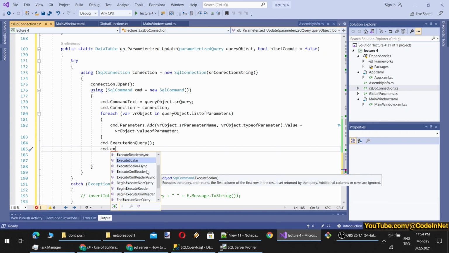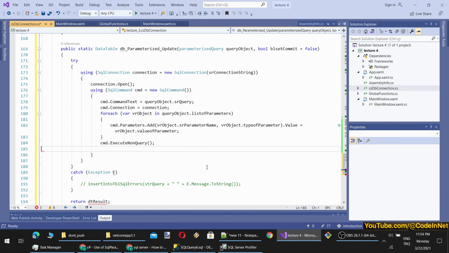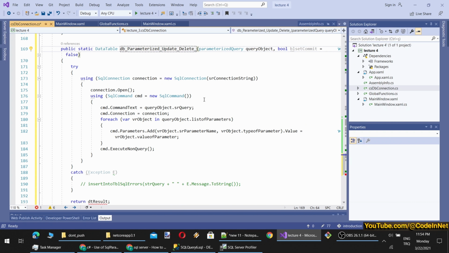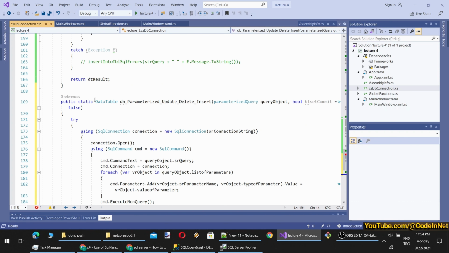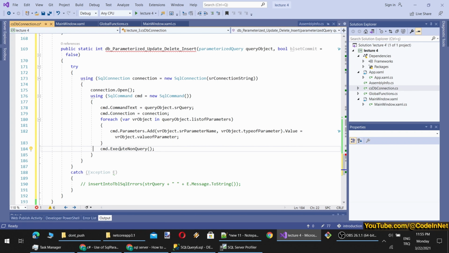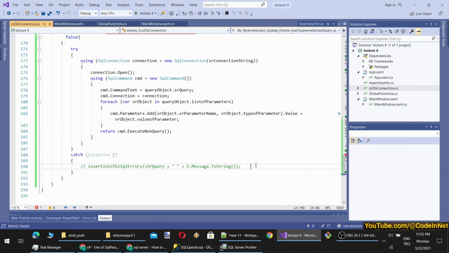And also there are some other execute options. So we just need execute non-query, and we can use this for update, delete, or insert. We can also return integers for the number of affected rows. So it will return integers. Yes, okay. And if an exception occurs, it returns -1.